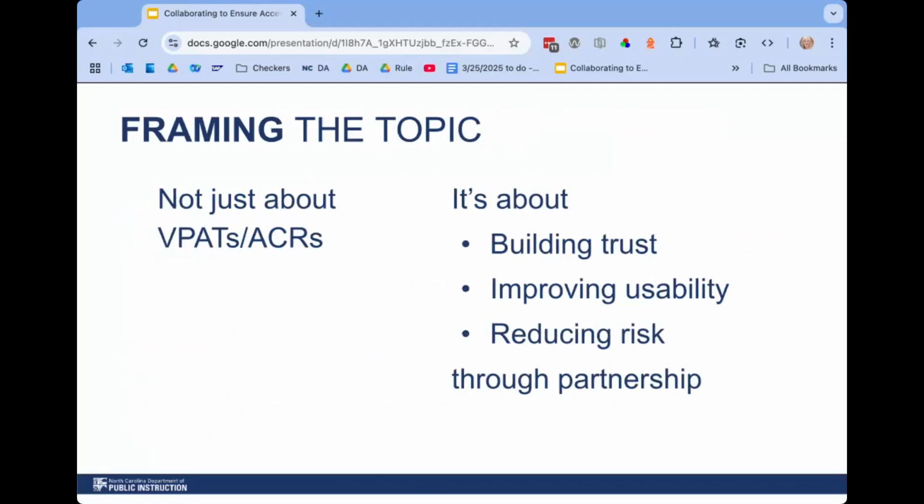I really want to frame the topic before we jump in by making a couple important points. One, this again is not just about compliance. We're not going to just be talking about VPATs. Obviously, that's important. We need to talk about compliance. But today's conversation is really going to be focused on that partnership and how to build that trust, how to really improve usability for everyone, and how through partnerships we can mitigate some of those risks, not just legal ones,